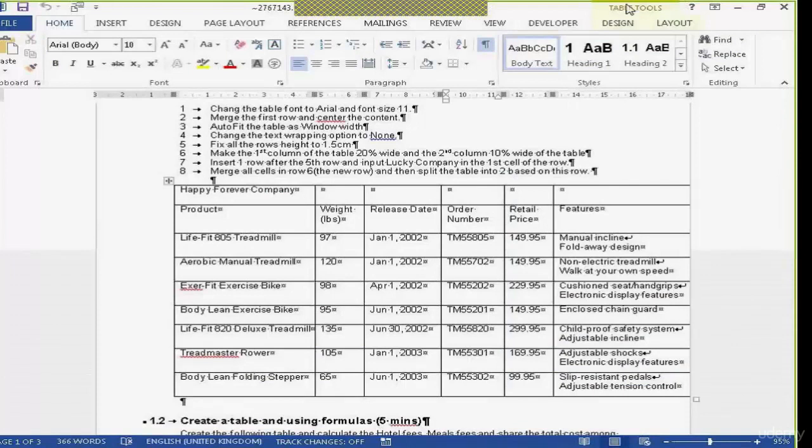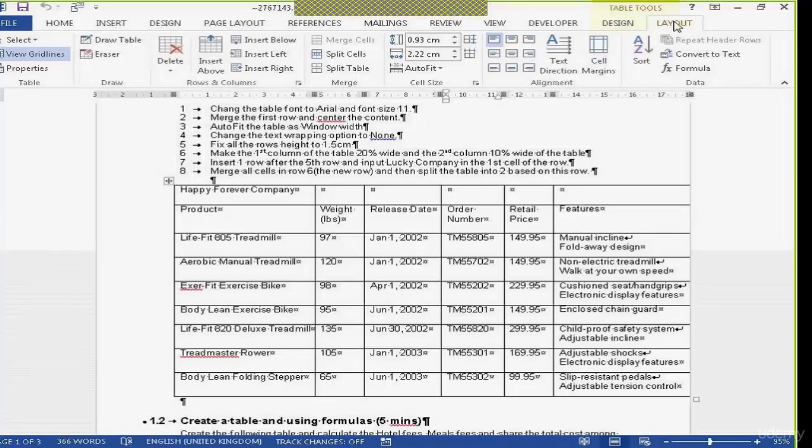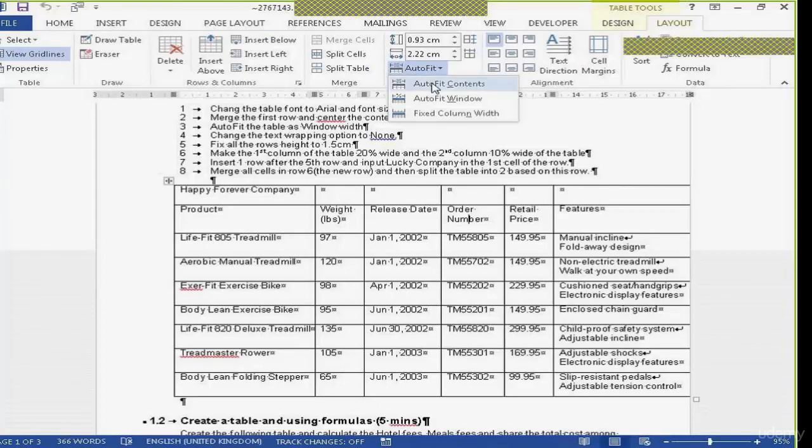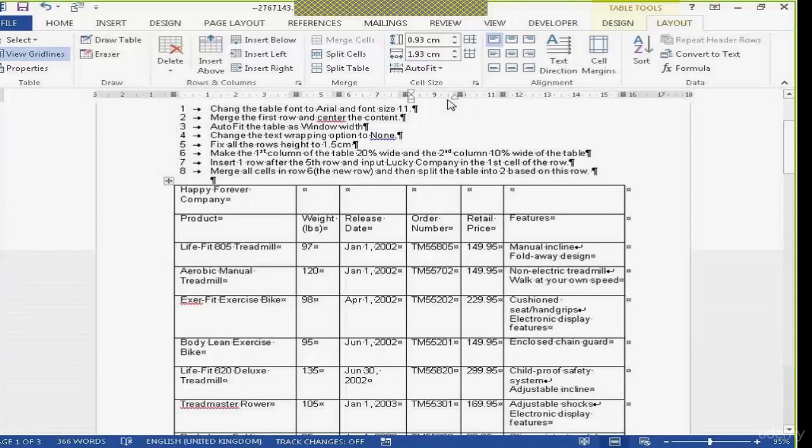So first of all, just click anywhere in the table, and under the Table Tools tab, you click the Layout tab options. After that, go to the Auto Fit, and next to the Auto Fit there's an arrow, and choose Auto Fit Windows. By doing that, the table automatically fits within the document. That really saves you lots and lots of time. Something which might take a couple of hours, you have now finished within